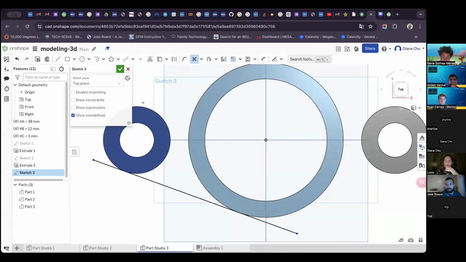When I try to trim this part, it's not... Okay, I get it. So it just trims the entire line, doesn't it? Yeah. Okay, that's because it's not